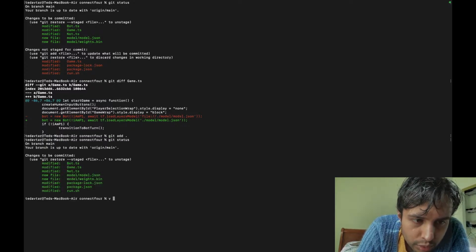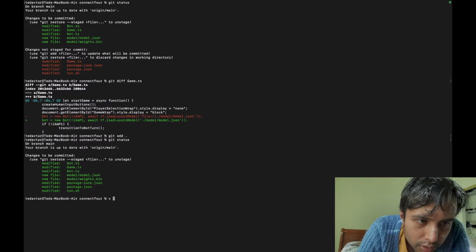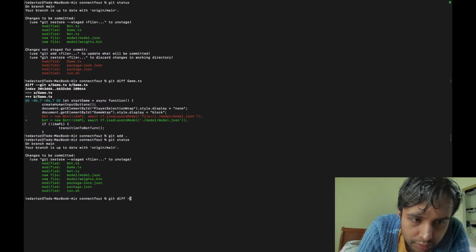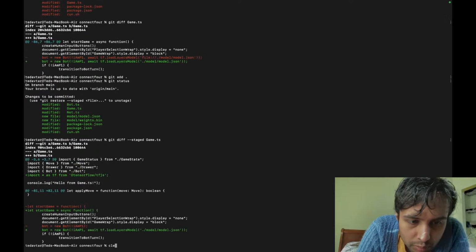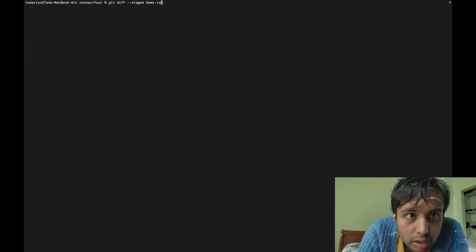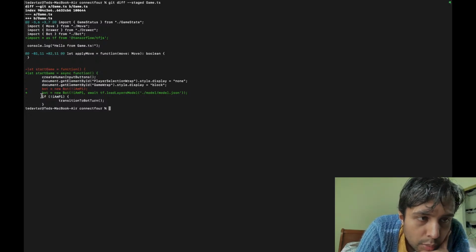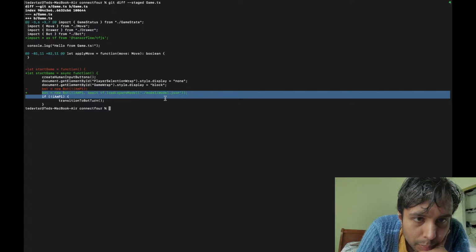Okay, so now let's actually use the bot, right? Let's just use the model, because what we have done now is we're passing in the model, right? Get diff staged game.ts. Let me just declare it and then do the same command again. So now what we're doing in the constructor is giving the bot a model.